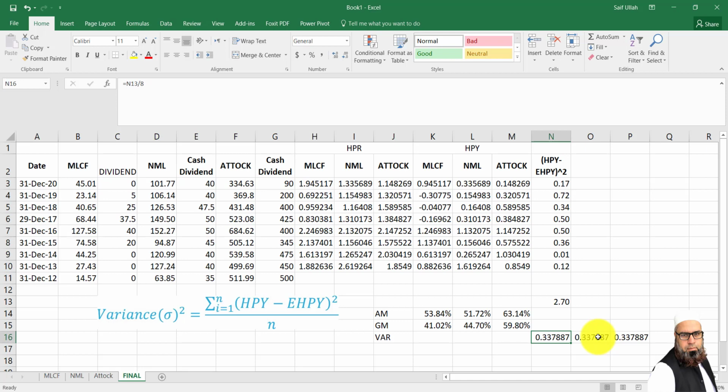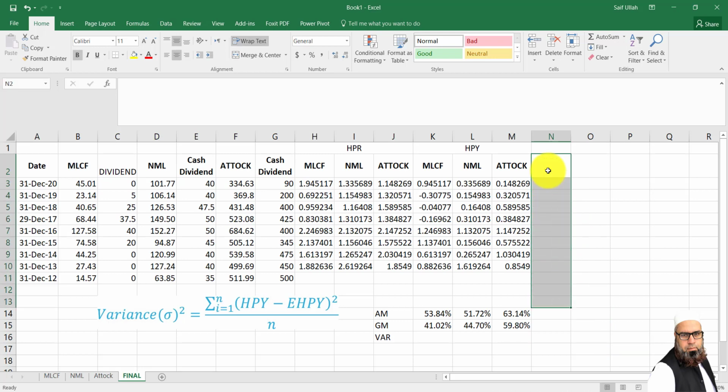From now I am using the Microsoft Excel function to compute variance of the companies. The basic purpose of showing this manual calculation was that students can calculate these values with their calculators as well. Microsoft Excel facilitates the procedure, but if a student wants to apply these calculations by using a calculator, he can, but it requires much more time.